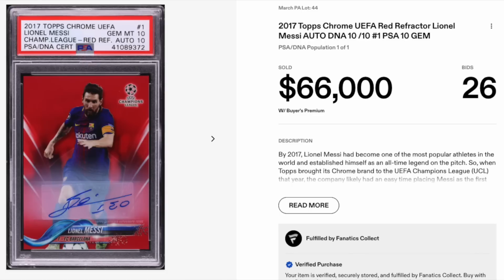More soccer, switching over to the other GOAT from the generation. 2017 Topps Chrome UEFA Champions League Red Refractor Auto. This is the first year of Topps Chrome Soccer. Lionel Messi here, which is serial numbered out of just 10. It's a PSA Gem Mint 10 with a DNA 10 for the auto. 10, 10, 10 combination there. This is just a pop 1,